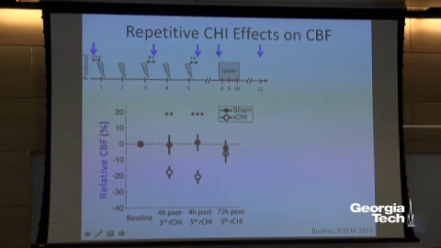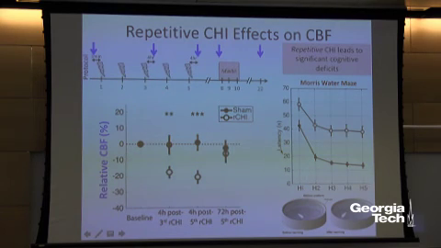But you can see after the 3rd hit, there's decreases in blood flow, and after the 5th hit, there's significant decreases in blood flow. And by 72 hours later, everybody's returned back to baseline, and I didn't plot it here, but the same thing is seen at 22 hours. So then looking at their cognitive deficits,